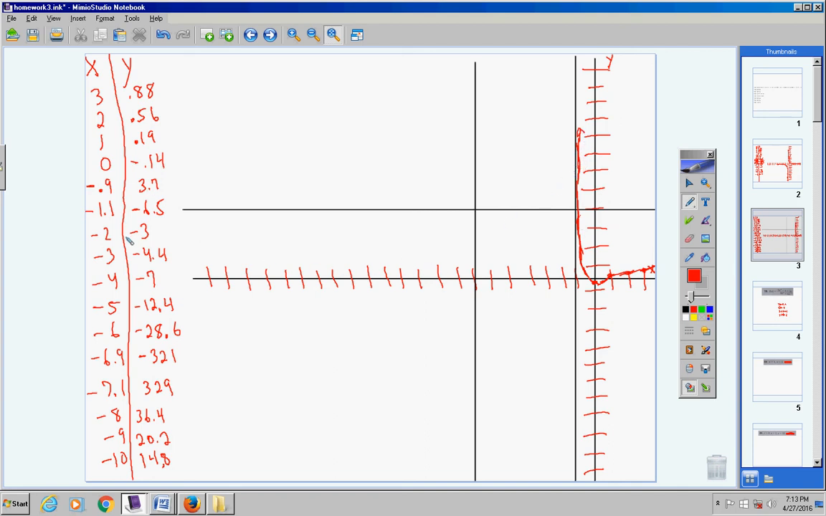We're at negative 1.1, so we're barely past the asymptote. It's negative 6.5. 1, 2, 3, 4, 5, 6.5. So right there. All right. Negative 2 is negative 3. Negative 3 is negative 4.4. 1, 2, 3, 4.4. So about right here. Negative 5 would be